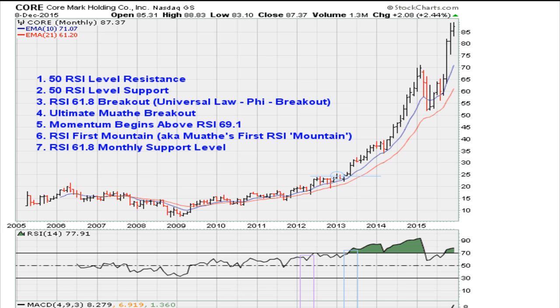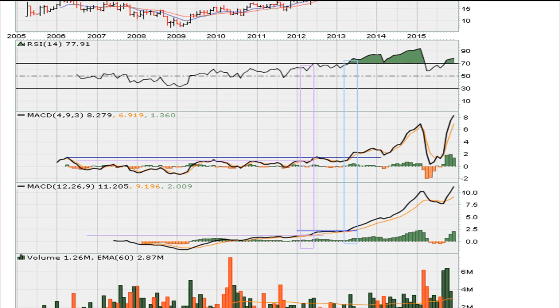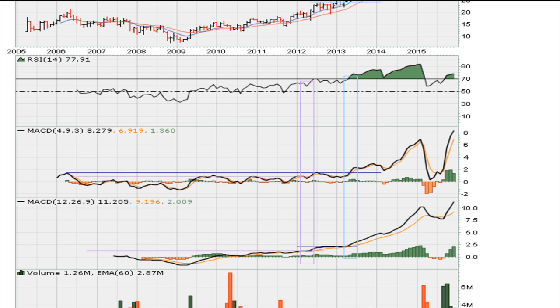So number one, we can see that the universal breakout took place somewhere around here in 2012. Let's show that and see what it looks like. And what we see here is that it was moving above 69.1 on the monthly for the first time ever. That's a big deal. Whenever you see a stock move above 69.1 on the monthly for the first time,